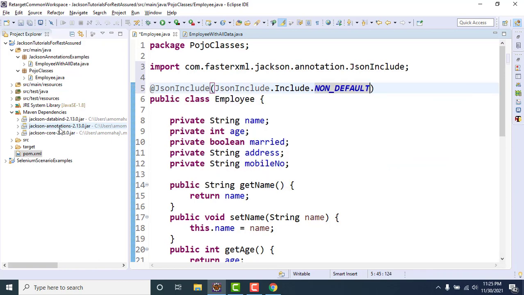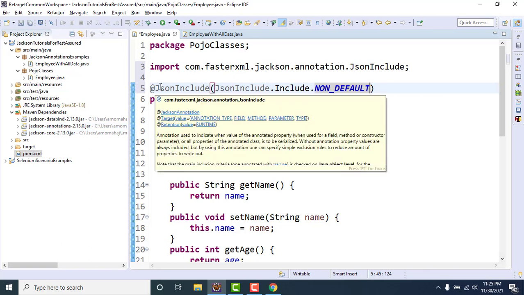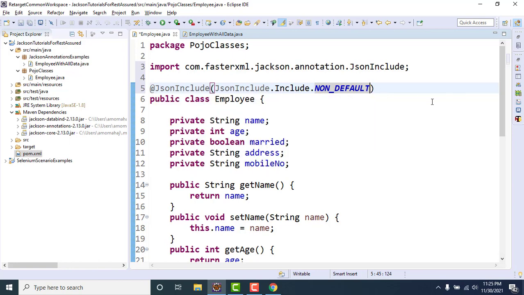This value will ensure that whatever property, since we are using it at class level, okay, we can use it at field level also, which we will see later, but as of now we are using this JsonInclude annotation with the value NON_DEFAULT at the class level. Class level means I am defining it on the top.